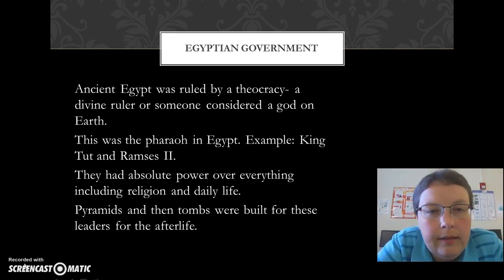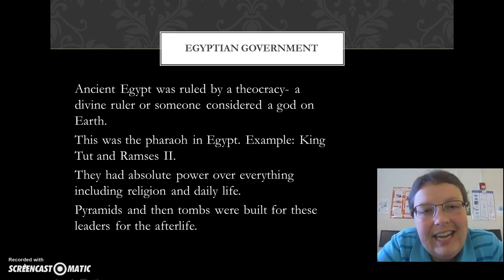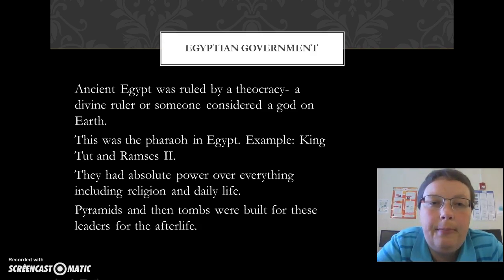Many of you know that the Egyptian government was controlled by pharaohs. They were part of dynasties, or families that ruled year after year after year. A father would die, the son would become the next pharaoh. He would die, his son, or another male member of the family. On rare occasions, you would have female queens or pharaohs, such as Hatshepsut, which is one of the ladies we will look at later on.